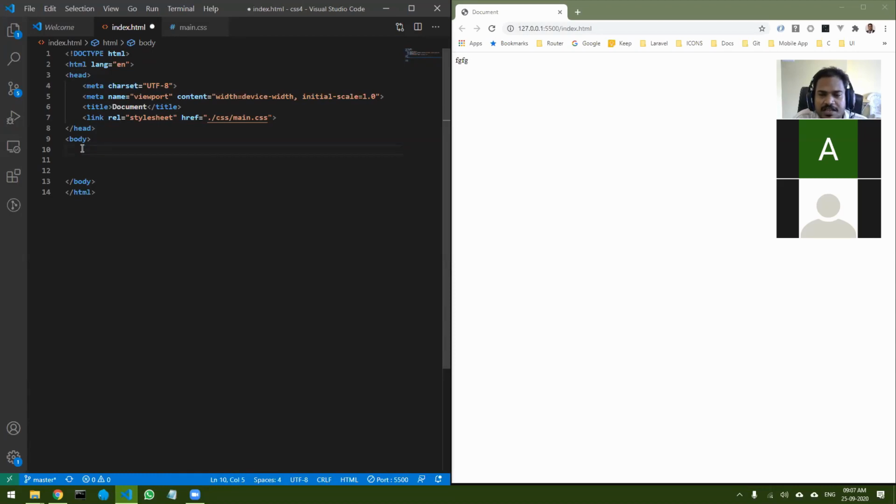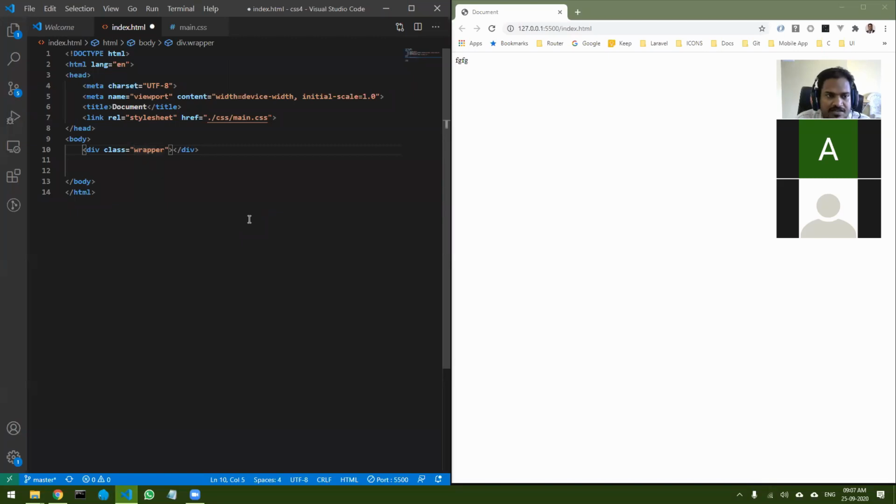So now let's begin by creating some divs. Usually what we do is I type div, press tab, and it auto completes the closing and the opening tags. Then inside that I would give class and let's say wrapper. So this is what I normally do, right?